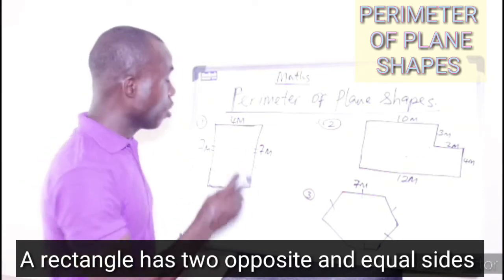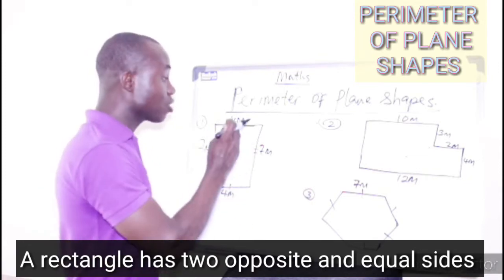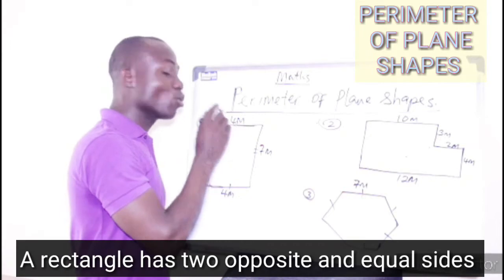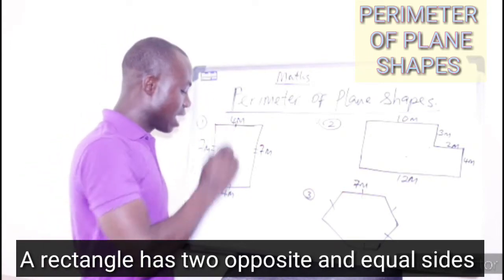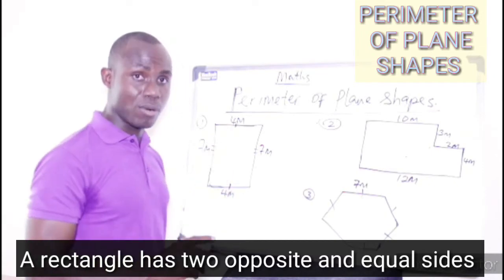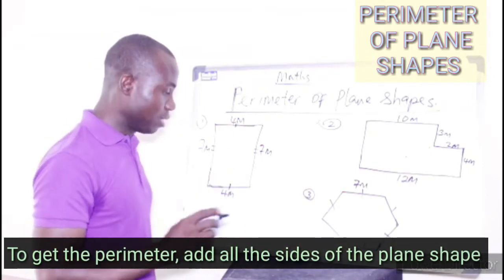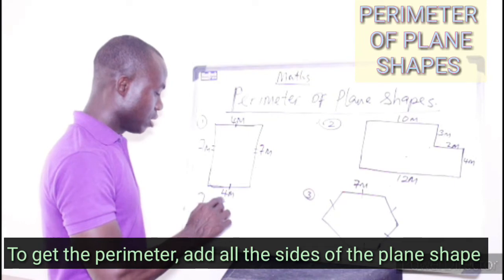Most of the time they will not give you the complete sides. They will write some, and leave the other one blank. But there will be a sign to show that they are equal. It is left for you to know that whenever a line is here and the same line is here, it means those sides are equal. Is that clear? So, if we want to get the perimeter of this, we have 7 meter plus 7